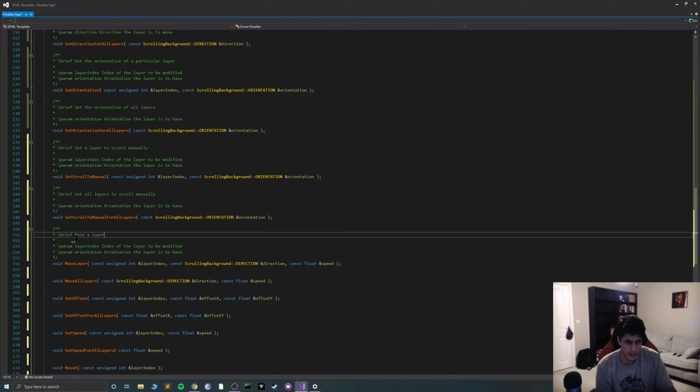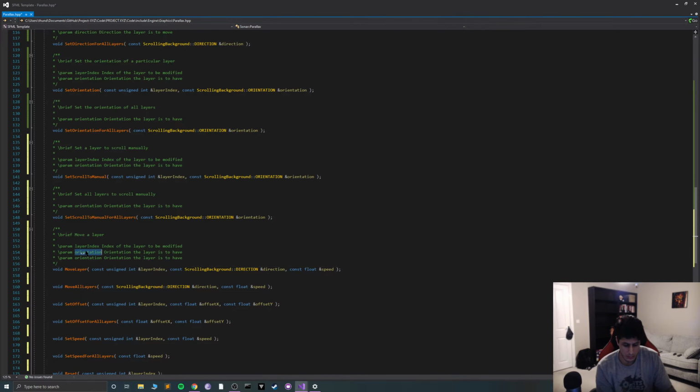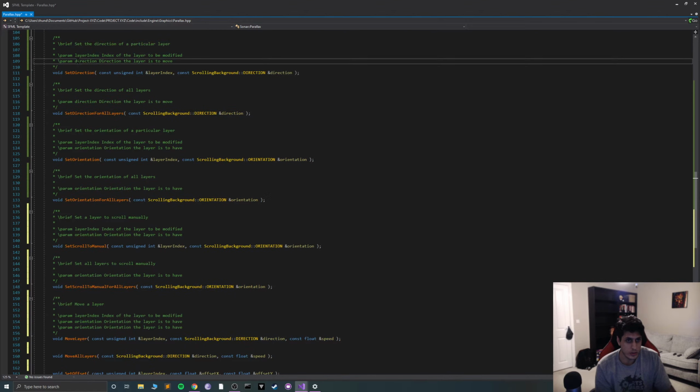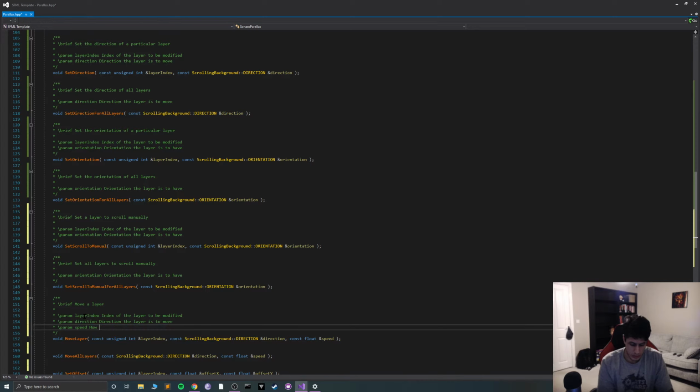Move a layer. Let's go to direction 1. Speed, how much the layer should move, speed of the update.